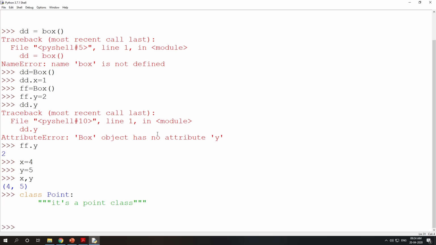You are not seeing any attributes here, just one comment line saying that it's a point class. So a class point is created without any attributes. We will learn about the complications of that later.